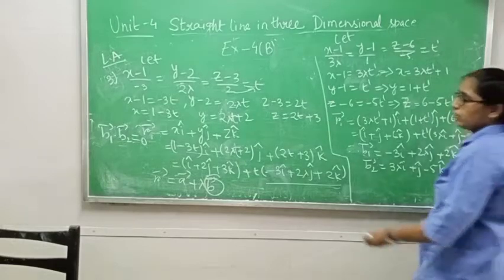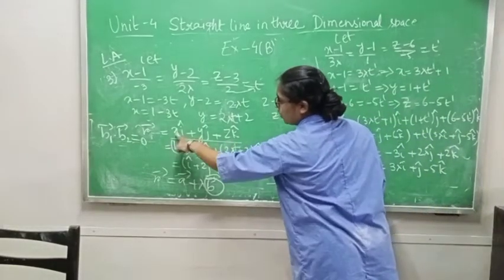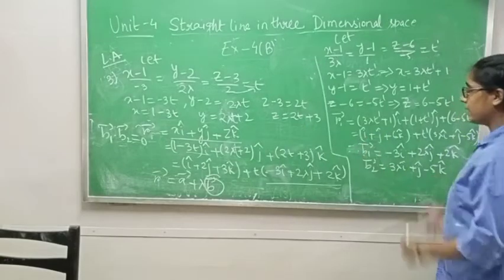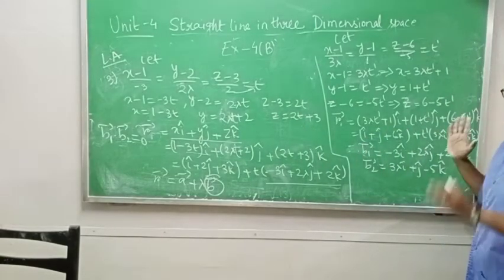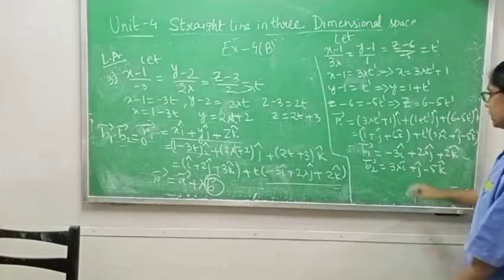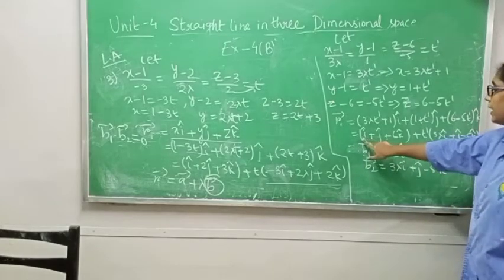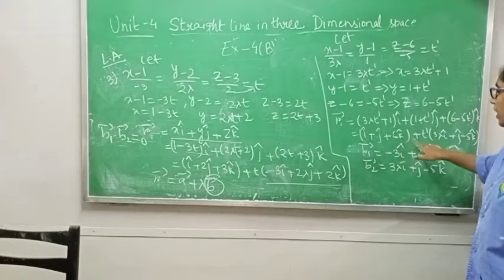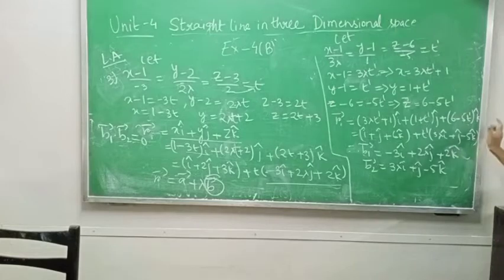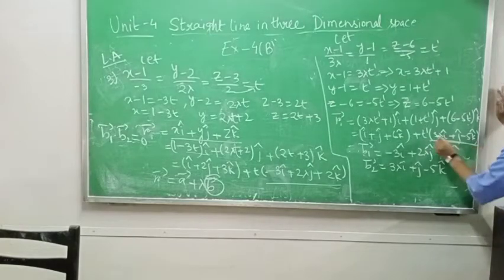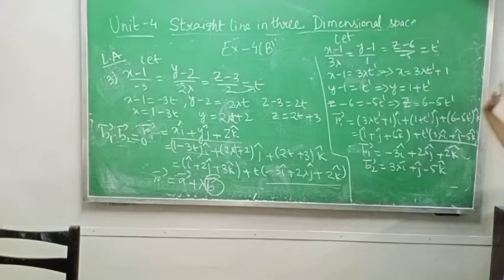Now same thing, we will use this one only. In place of x, y, z, I will put the x, y, z values. After putting I am getting this, and after that I am separating all the t terms and without t terms. When I am separating I am getting i cap plus j cap plus 6k cap plus t dash times 3 lambda i cap plus j cap minus 5k cap. Means B2 value I am getting 3 lambda i cap plus j cap minus 5k cap.